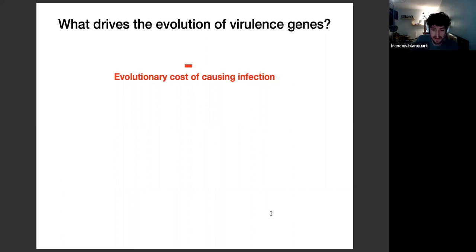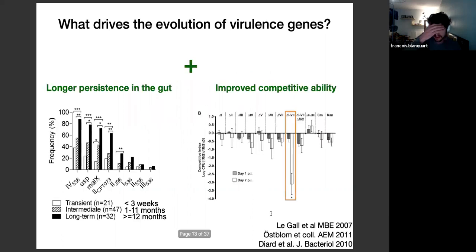But this cost, as the infections are quite rare, is probably quite small as well. And there's a small body of literature documenting positive effects of these virulence genes in commensalism. So on the left, this is a study